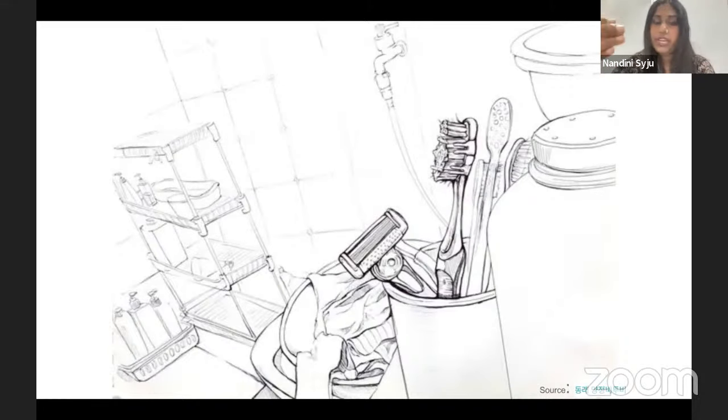The furthest away is the wall, and the lightest lines are the wall. The thing that you have to look at the most is the bristles of the brush, the razor. That has the most amount of line thickness. And then secondly, the bucket and everything. So I just put it here to tell you guys this is one thing that you guys can do, is play with line thickness as a tool.